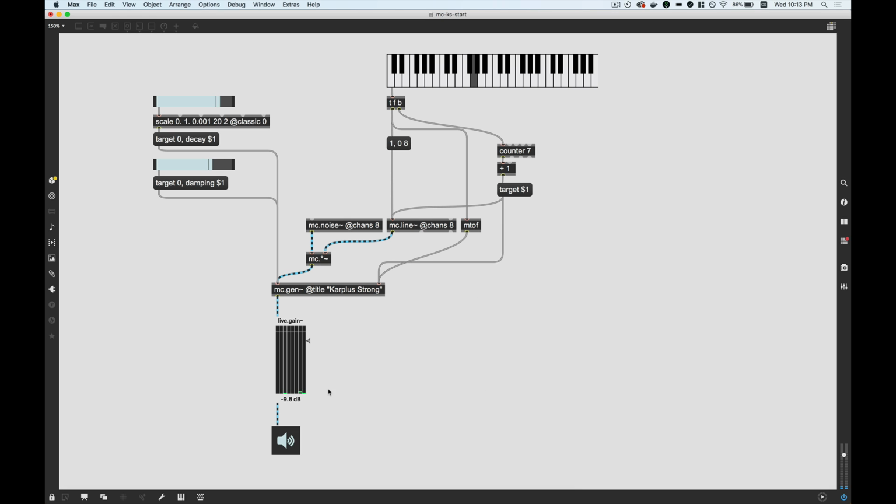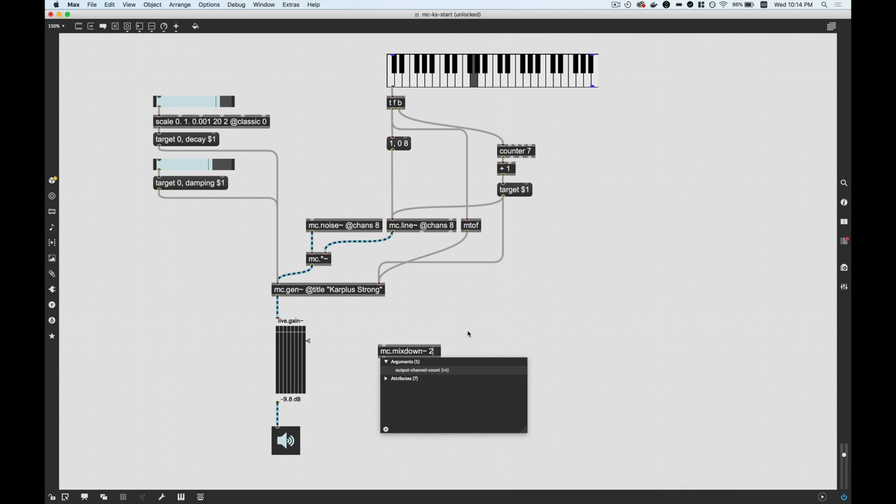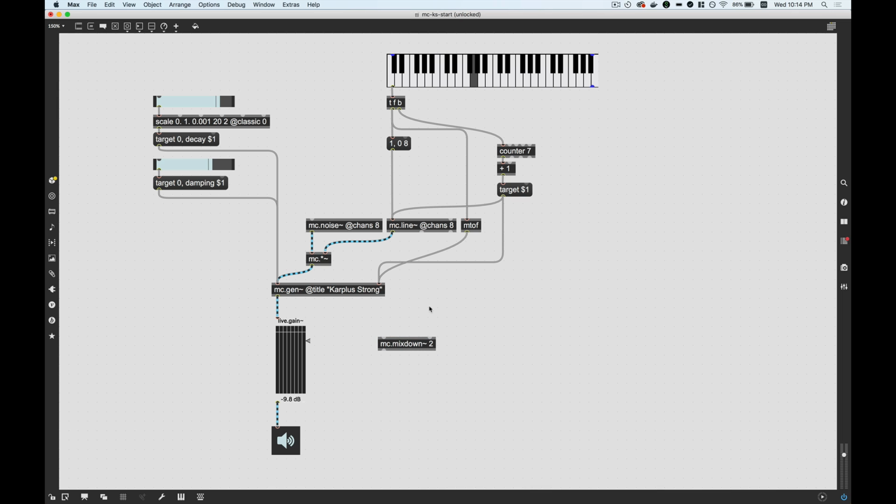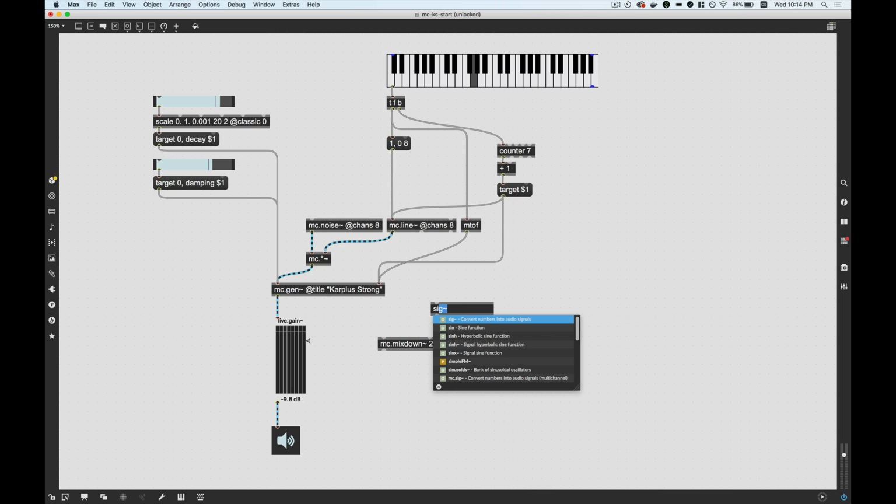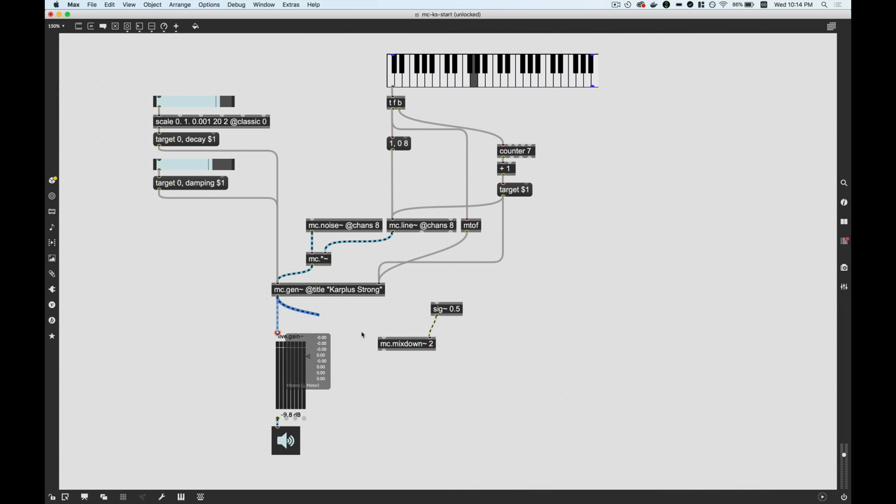Now the only thing that we could really improve on here is that it'd be cool if we had an 8-channel setup, but if you're wearing headphones like me, you only have 2 channels, so you might want to mix this down to just a stereo spread. For mixing down, there's the object mc.mixdown. Mixdown2 mixes down to 2 channels. If we don't set the pan mode, it defaults to circular panning. And if I want everything panned center, you can just do sig~ 0.5 to pan everything right down the middle. And now we should hear things in both channels